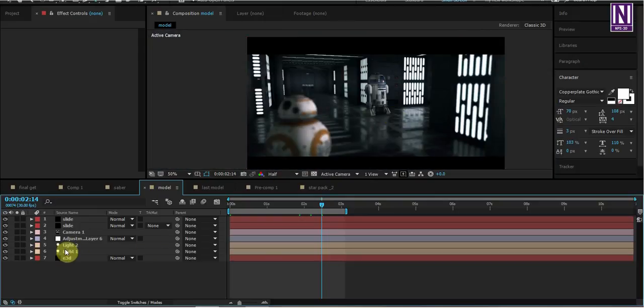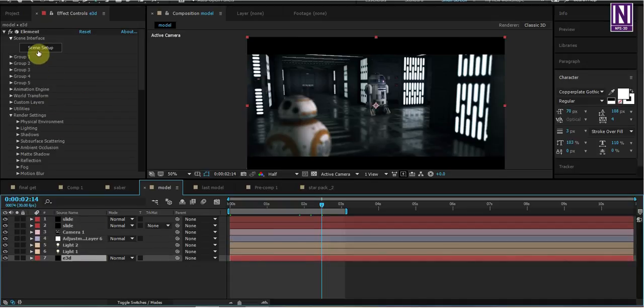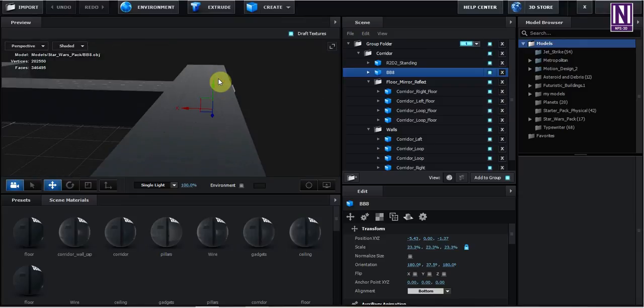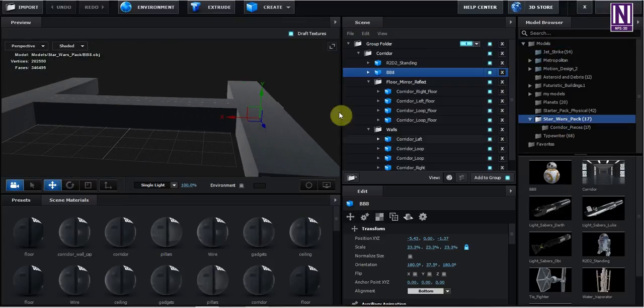So in this video, the same process: adjustment layer, camera movement, and some lights. Let's see. Perfect. And in the scene setup of Element 3D, what I do, same thing, I use the corridor.